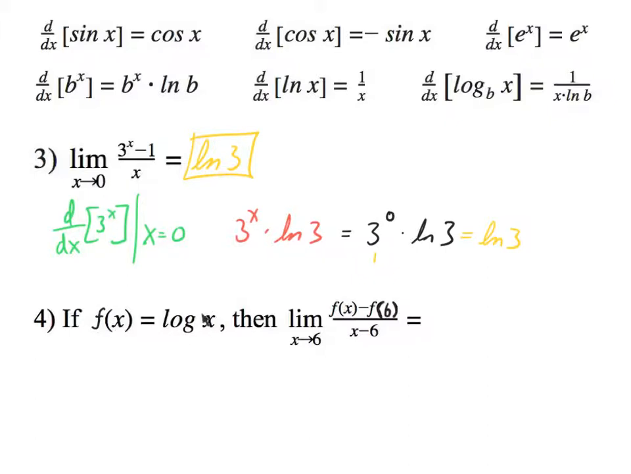If f of x equals log x, then the limit as x approaches 6 of this equals what? Well, isn't this slope? And if you plug in 6, isn't that divided by 0? Isn't this the same as this? And yes, it is. But the function for f is this. So really, what this is saying is take the derivative